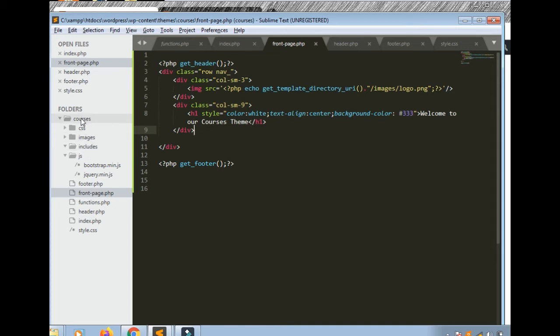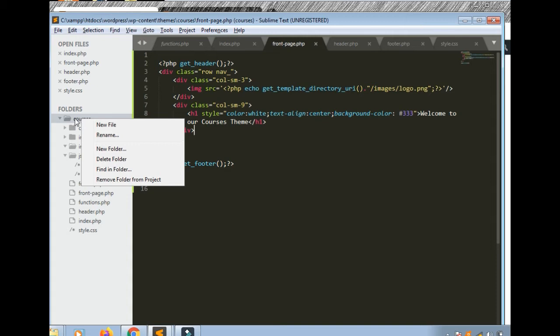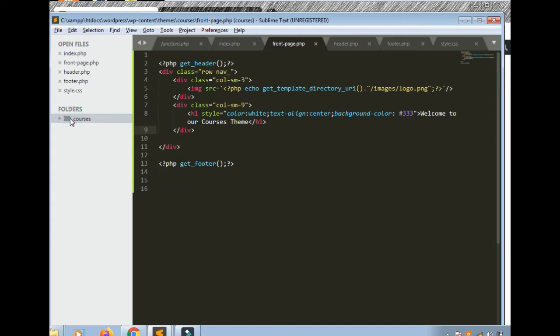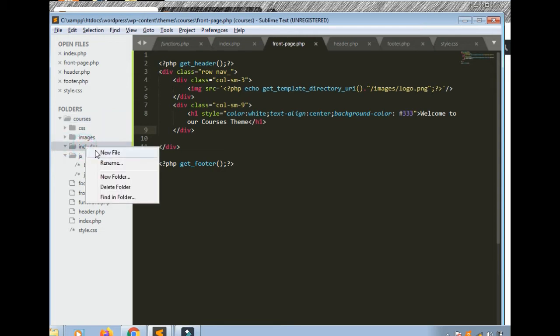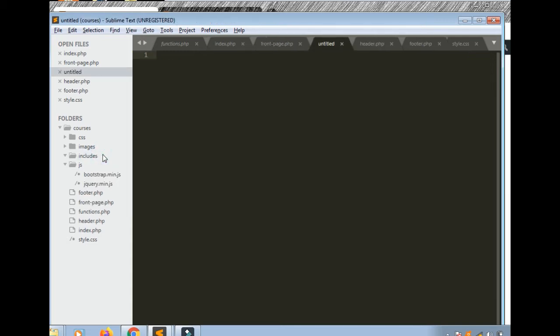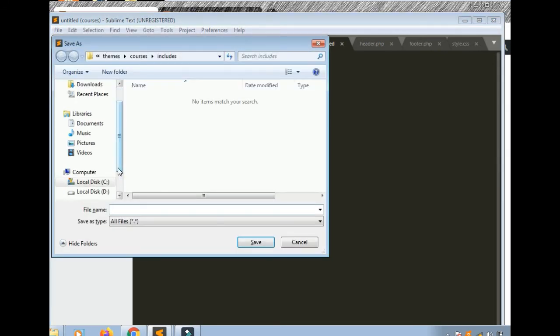So we should create this loop inside a template. So we go to includes, here includes, and we save this file as